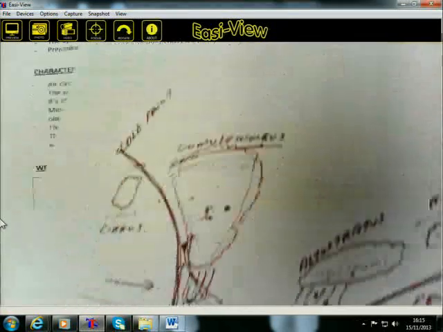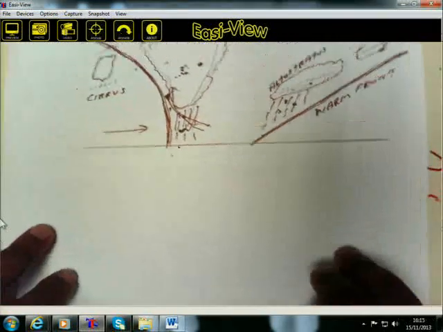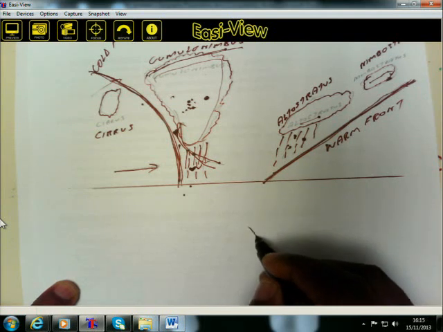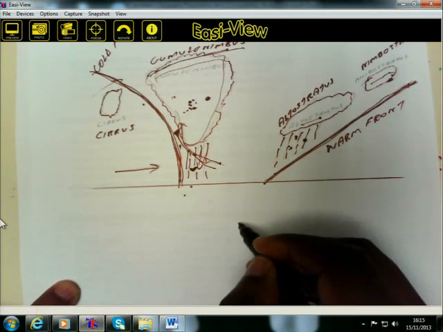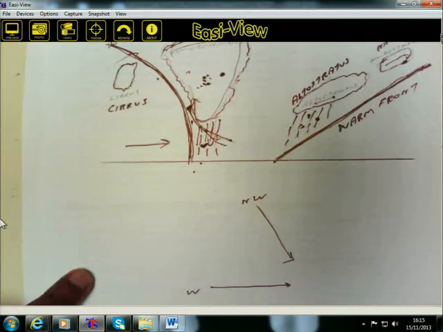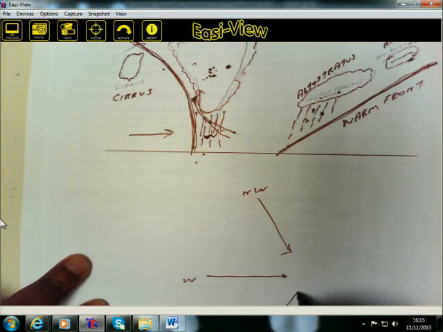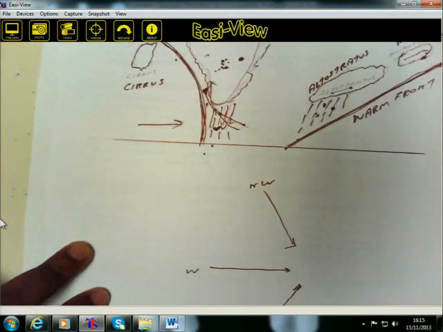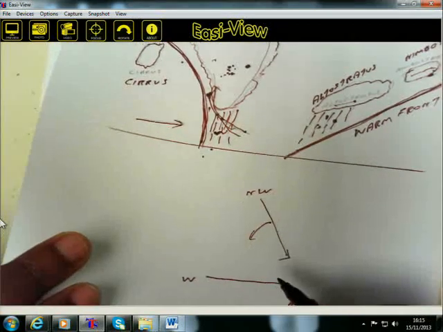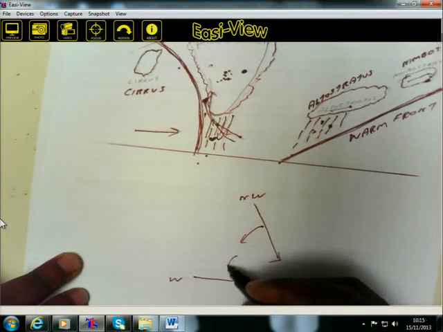In the southern hemisphere, the wind will change direction anti-clockwise from northwest to west to south to southwest. You can see that the direction of the air is changing in this direction,